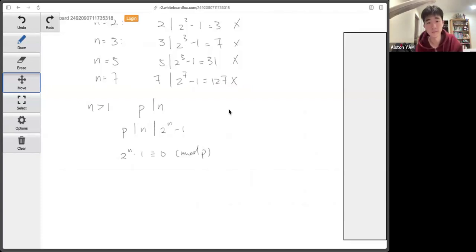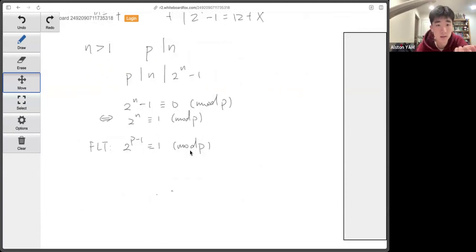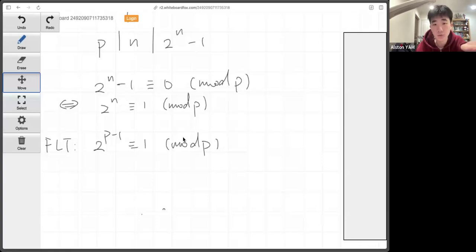And we have mod p, that's very useful, right? Because what is the most important result about mod p? That's Fermat's little theorem, right? So I'm just going to rewrite this as 2 to the n is congruent to 1 mod p. And that's good because we also know that 2 to the p minus 1 is congruent to 1 under mod p, right? This is by FLT. So now you have this. So now you got 2 of these congruences,